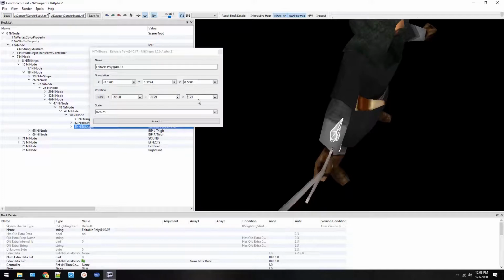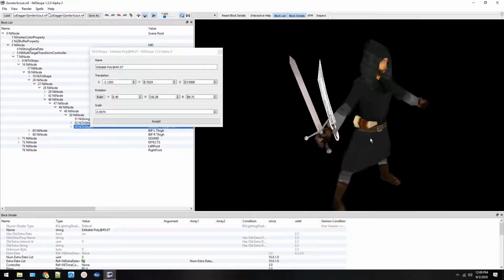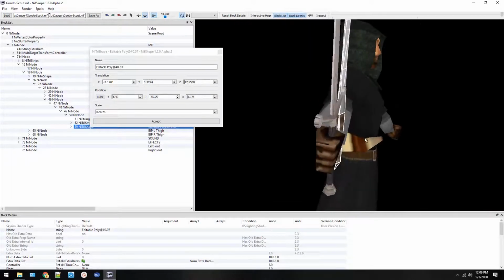Okay, generally I'm trying to get this to look right. It's not always fun. This is what they don't tell you when you start modding. Alright, so what we're going to do is try to get it as close as possible to the original location